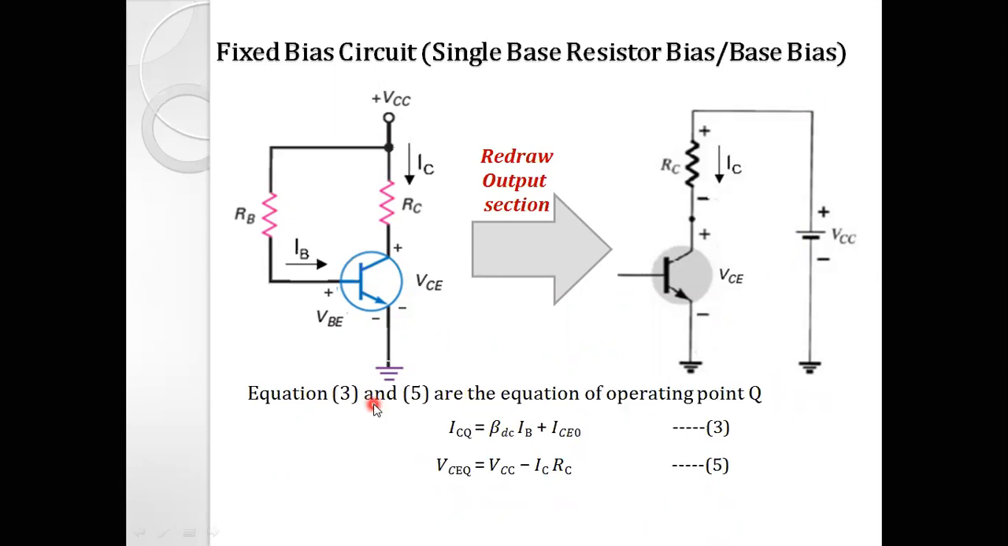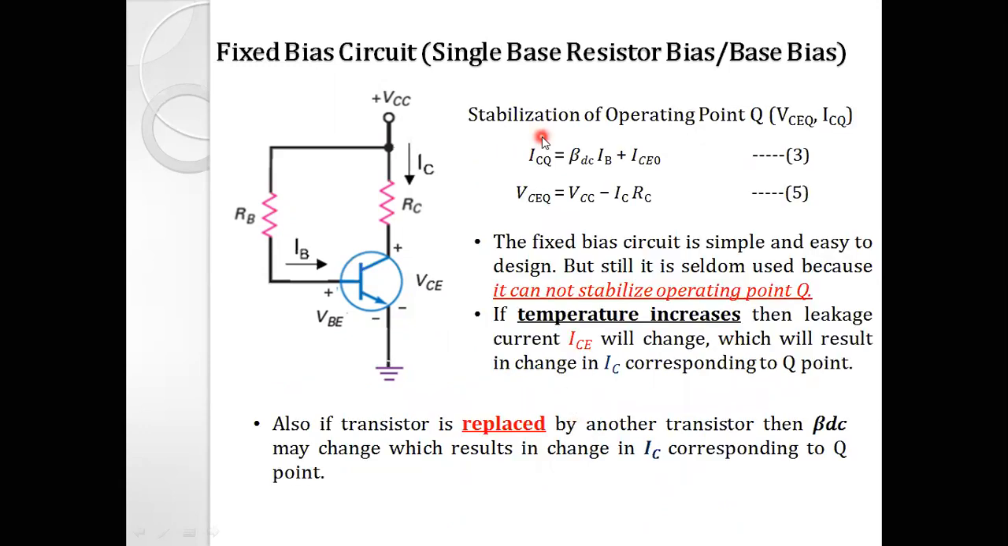Right, so equations number 3 and 5 are the equations of the operating point, ICQ and VCEQ. Now, stabilization of the operating point Q. The fixed bias circuit is simple and easy to design, right? But still it is seldom used because it cannot stabilize the operating point. That is the biggest disadvantage of this fixed bias circuit,